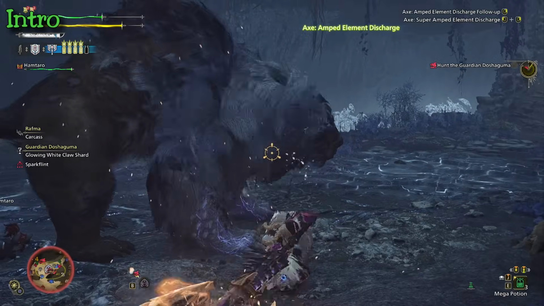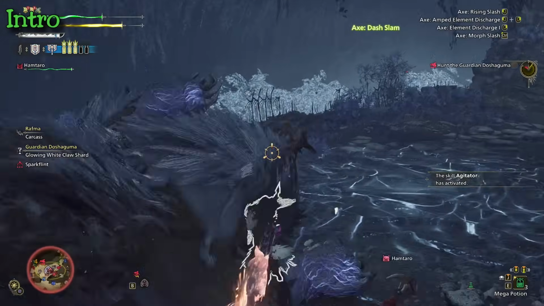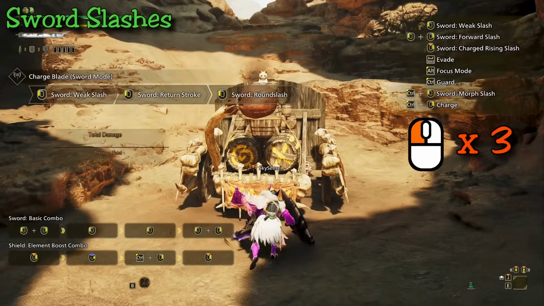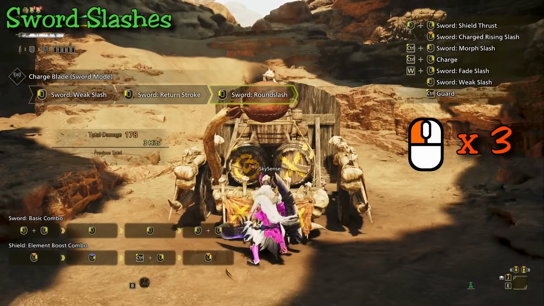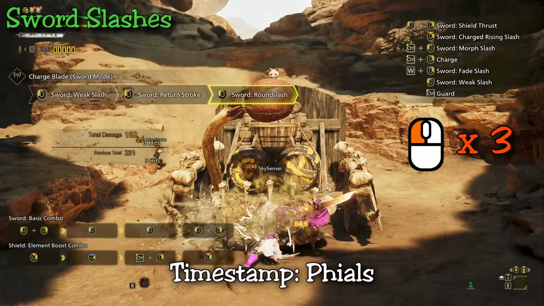So to start off this tutorial, we'll discuss some of the basic moves and then the concept of Phials before discussing the more complex attacks of Charge Blade. So the first basic attack here, the Charge Blade, is a simple triple sword slash attack. Hitting the normal attack button 3 times launches you into 3 basic sword slashes, the weak slash, the return stroke, and the round slash. So pretty simple attack, each hit contributes to your Phial charge buildup, which will be discussed